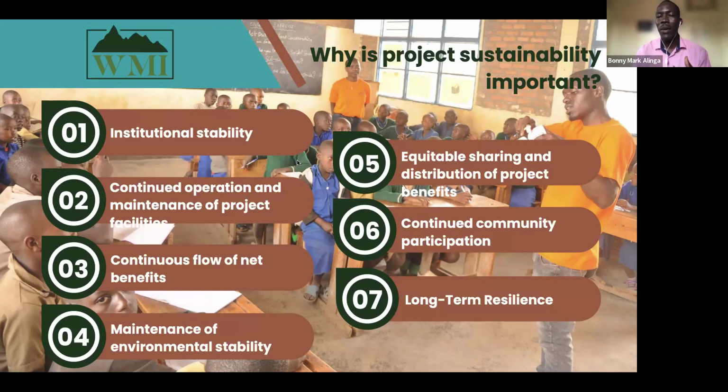Why we need the sustainability plan? We need to plan through equitable sharing and how the whole activity will be distributed. If I'm running an NGO giving scholarship, how will I run the scholarship program? How will I run the grant program? How will I run the business arm of the entity? Equitable sharing and distribution of the project benefits. Who benefits what? How will they benefit? And who will bring forth additional resources to that?